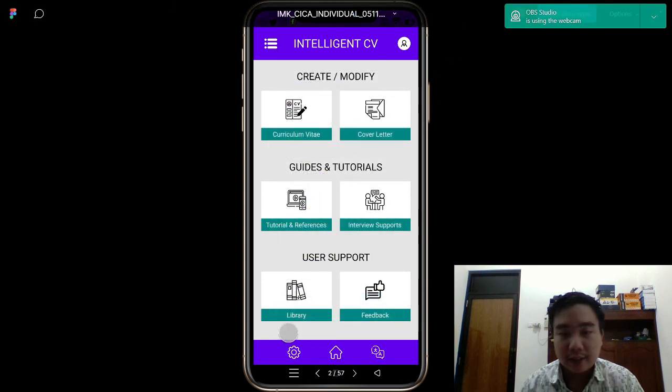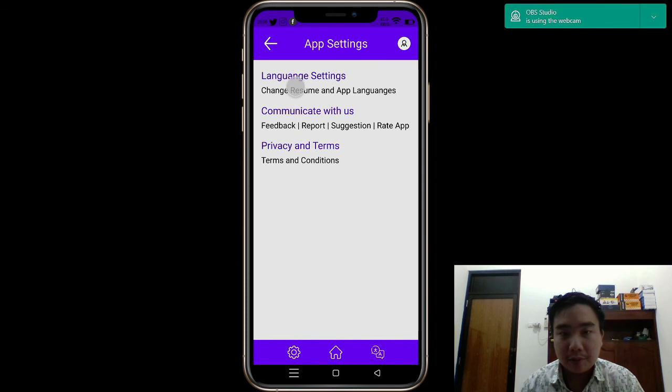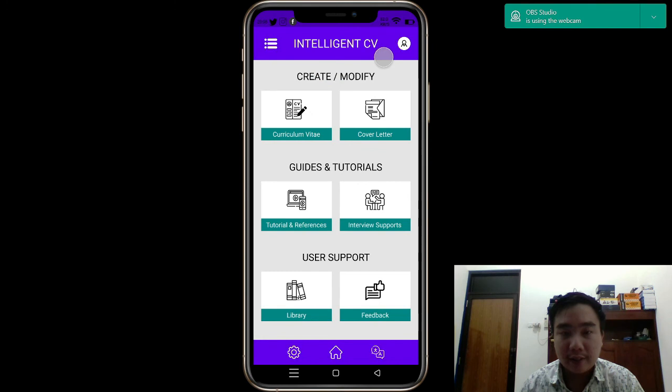And then lastly, this is the option to change the app, like to change the language, to give feedback, and also to check our privacy and terms. And I think that's all about the walkthrough of this app.